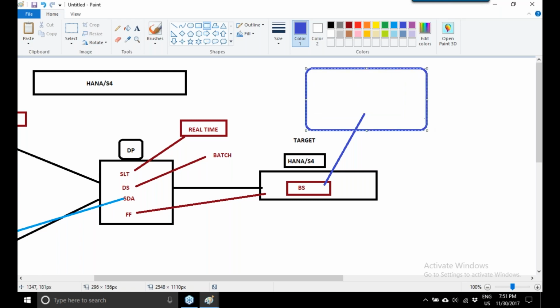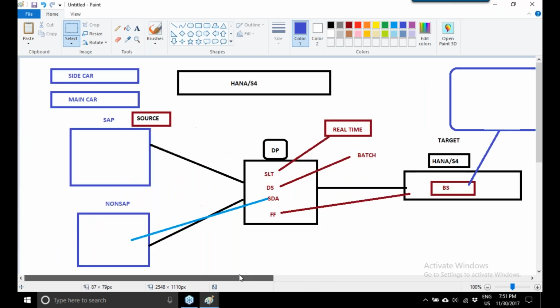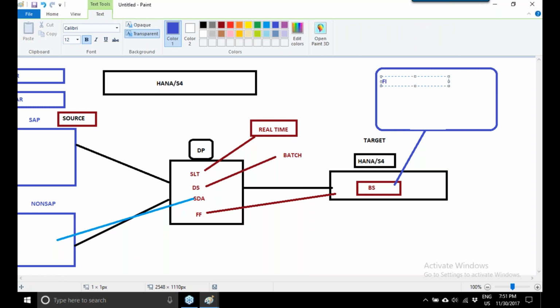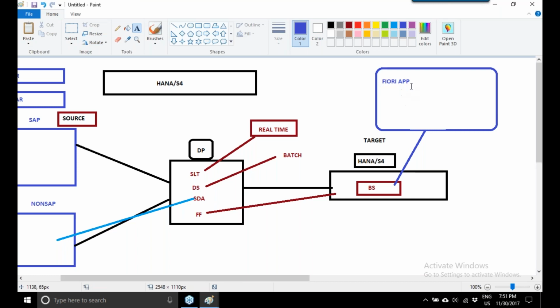Like what? You can integrate to front-end applications like Fiori apps. In Fiori apps you can create a sales order, create a purchase order, run your MRP programs, and do your configuration.